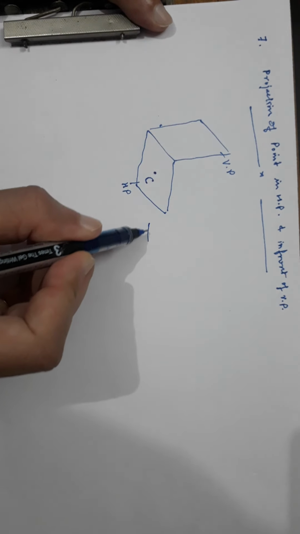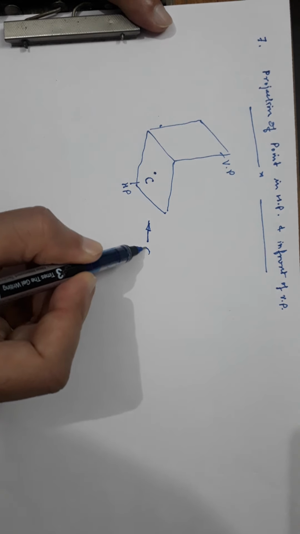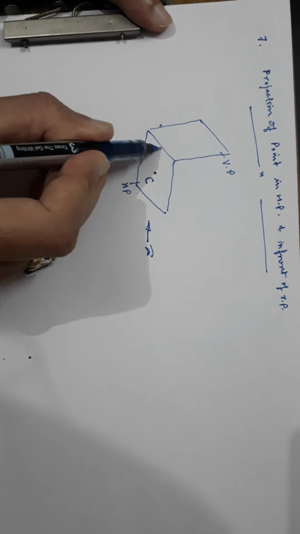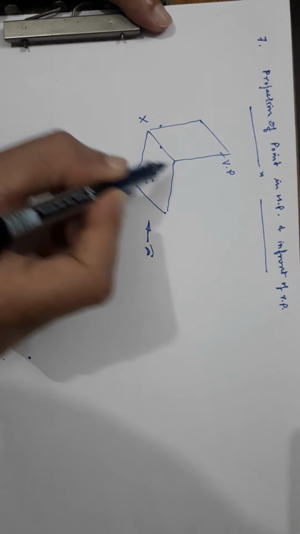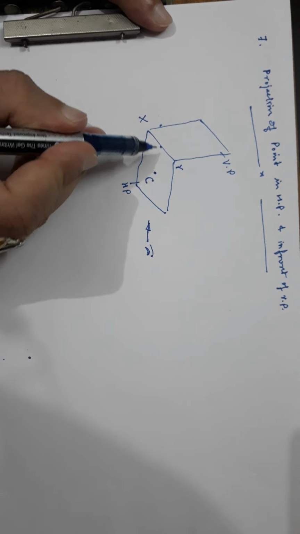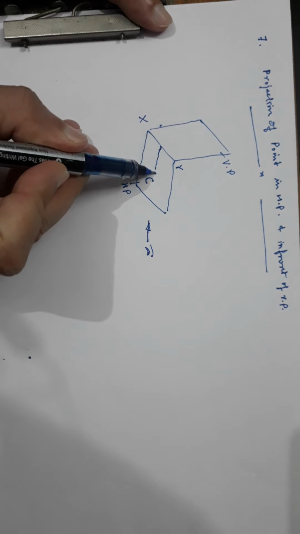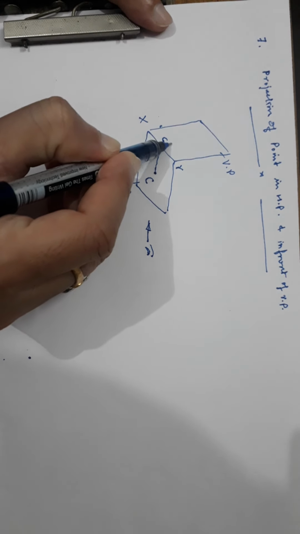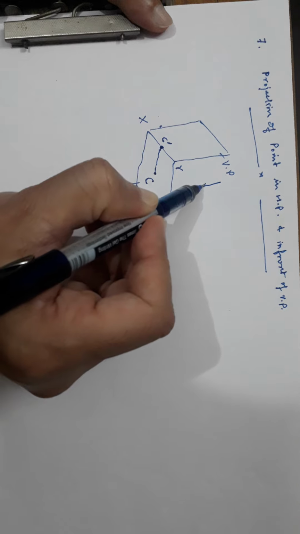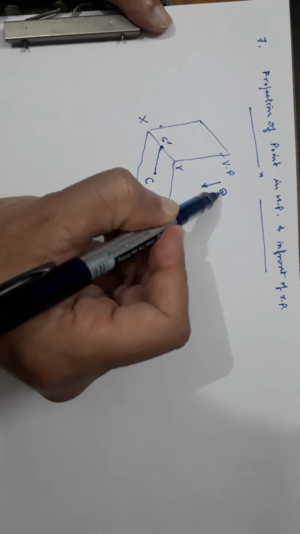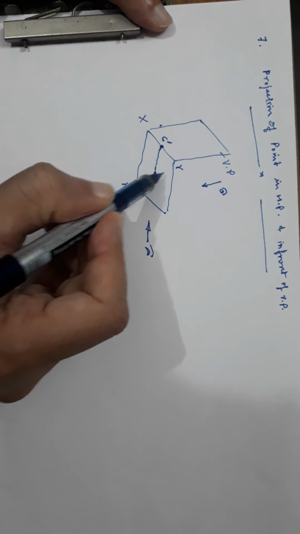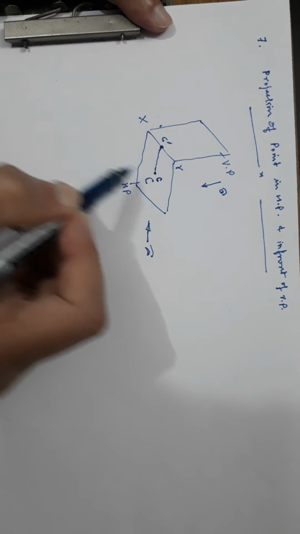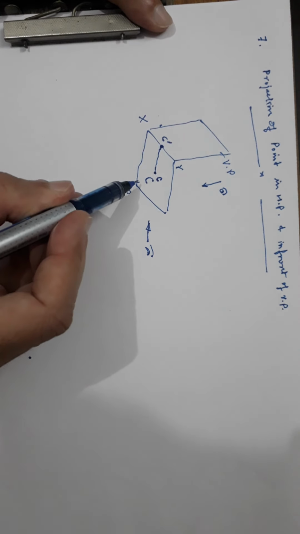Now when the viewer is on this side for the front view, its front view will be somewhere here on the XY line. So this is the XY line, and C dash will be somewhere here. And while seeing from this side for the top view, where should the top view be? The top view here will merge with the actual position, so lowercase c and capital C will merge.